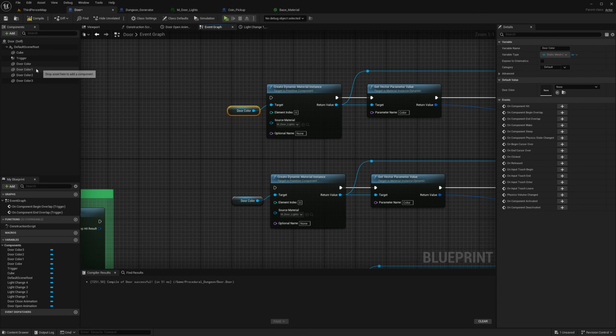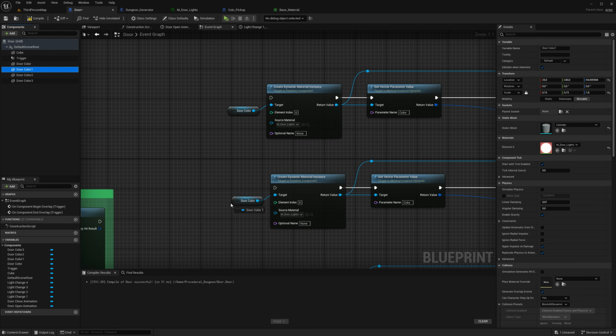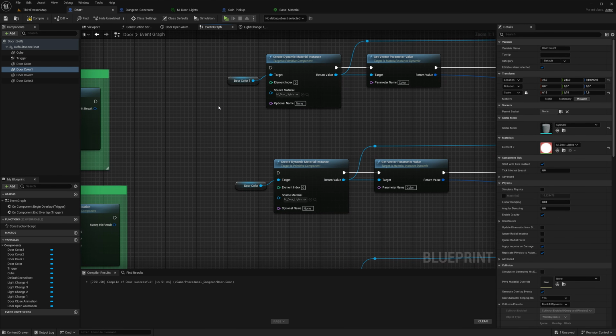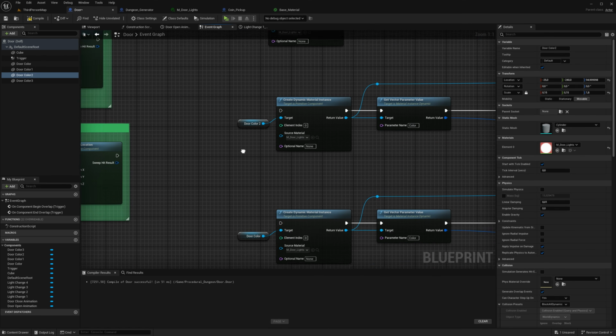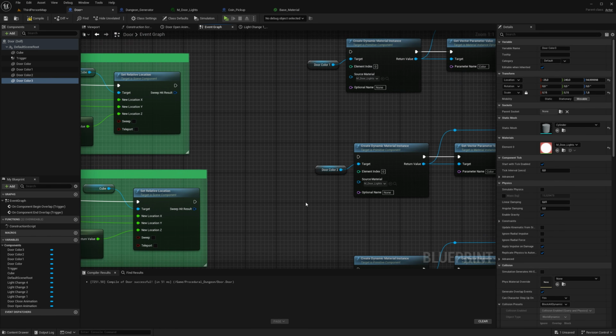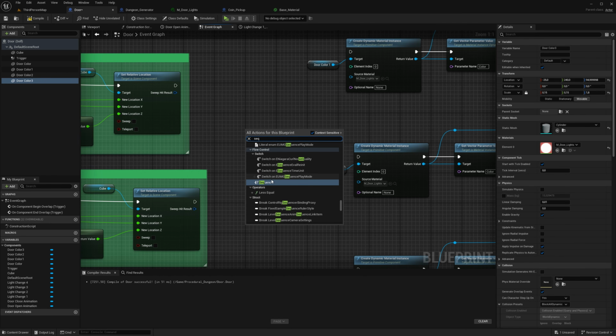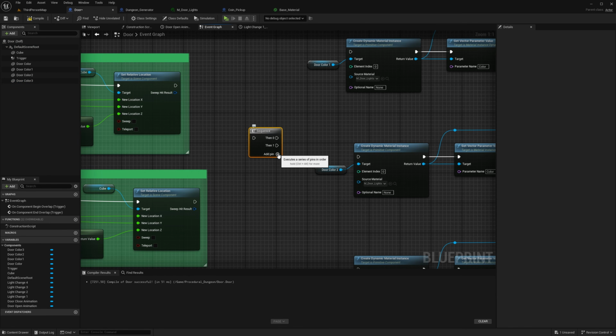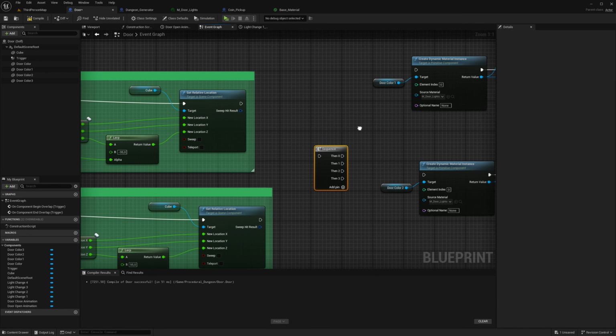Door color, get door color 1, drag it down to this door color down here. Door color 1. Door color 2, drag it down to the next one. Door color 3, drag it down to the last one. Then we make a sequence. Right click, type in sequence, and then click add pin, so you get 4 pins, right?